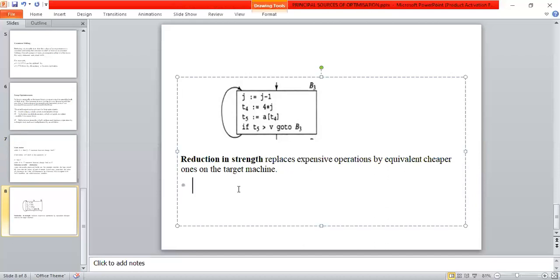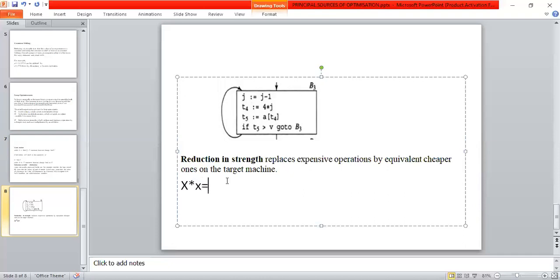And the last technique in loop optimization is called reduction in strength. Reduction in strength is nothing but replacing an expensive operator with a cheaper operator. Suppose I have a statement x into x.